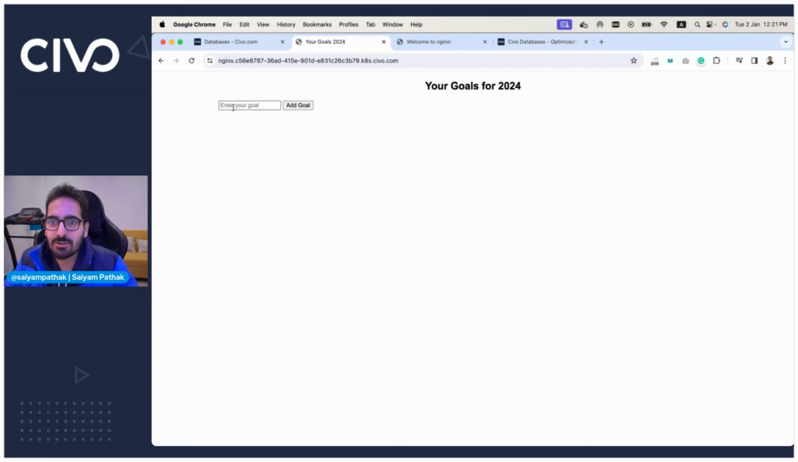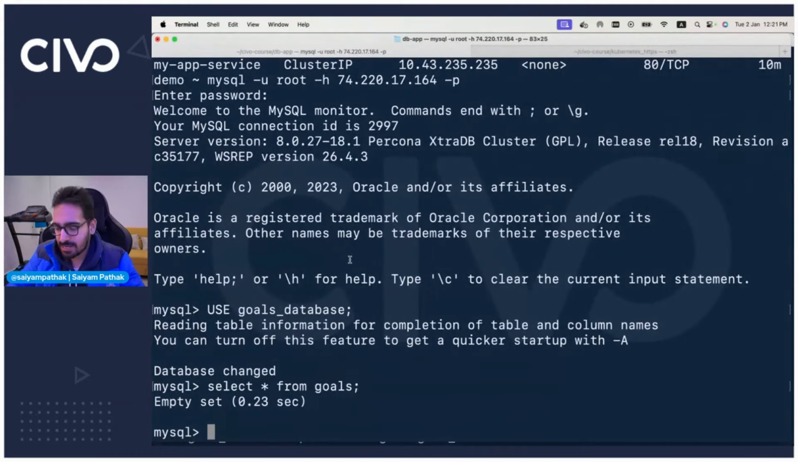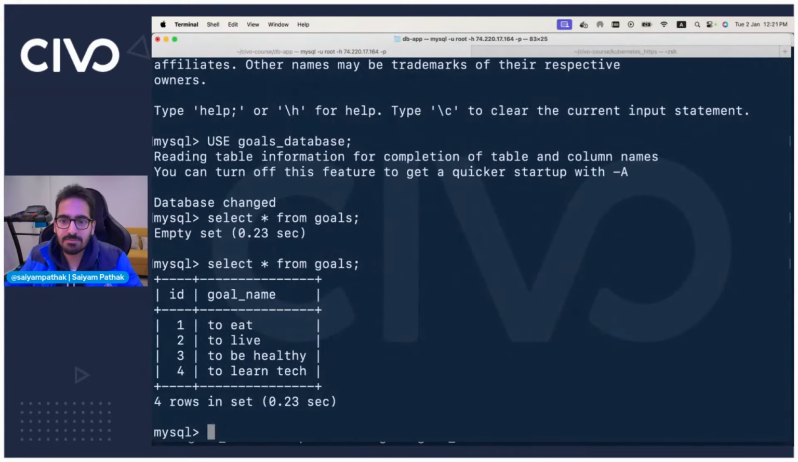So let's say your goal is to live or to eat, whatever that is. We can just do an add goal and to live, to be healthy, to learn tech. So we added 4 goals. Now it also has a delete. So what we'll do is a select star from goals and hooray, we have our 4 goals